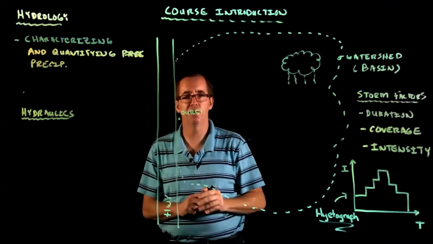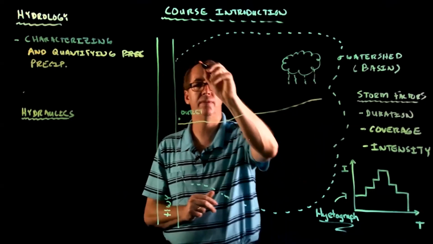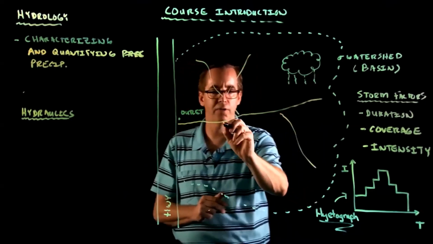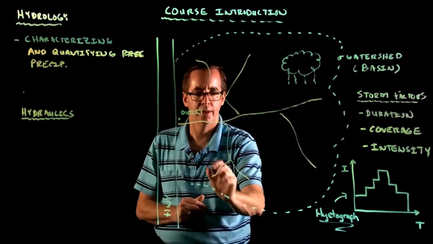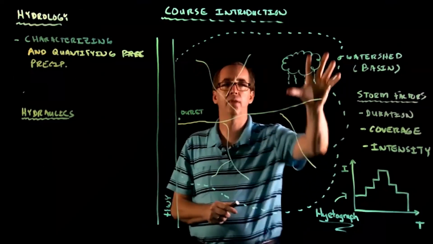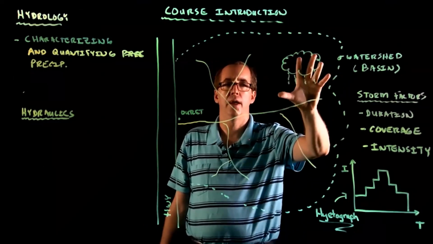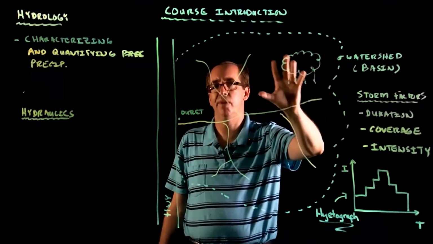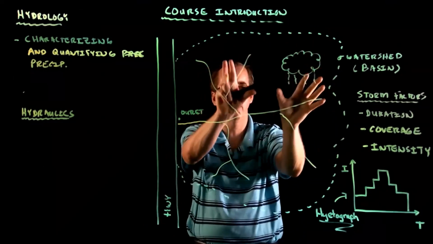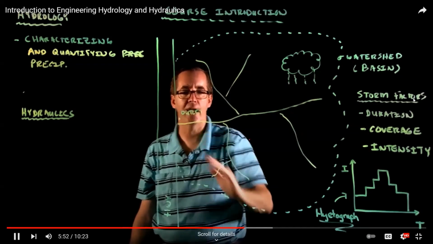Now let's look at the watershed. Of course, within the watershed, it's likely that we're going to have several streams, right? And they're going to have different branches. And again, all this flow eventually is going to make its way to the outlet. Say we have a storm. Now, initially maybe the storm starts over here in the northeast corner of the watershed. And initially maybe it gets saturated, and then little by little parts of the watershed start contributing to the flow, and eventually all the flow is going to make its way to this outlet.